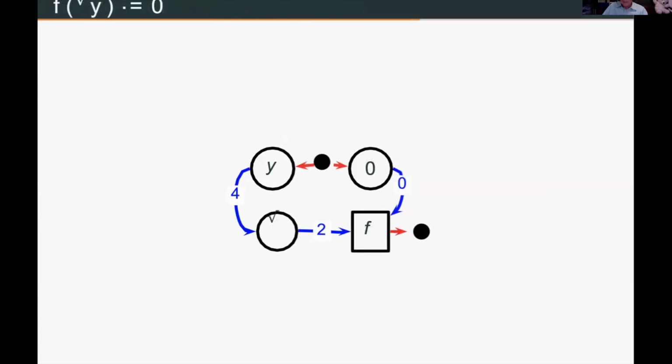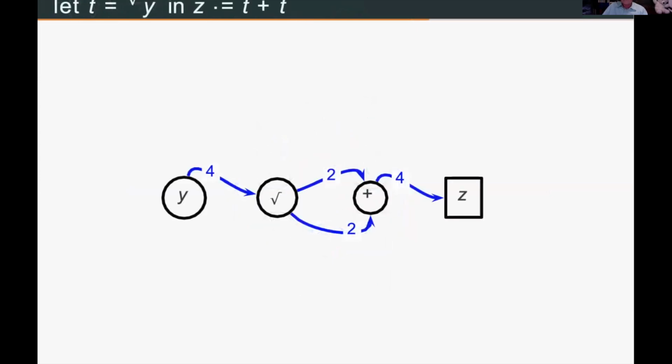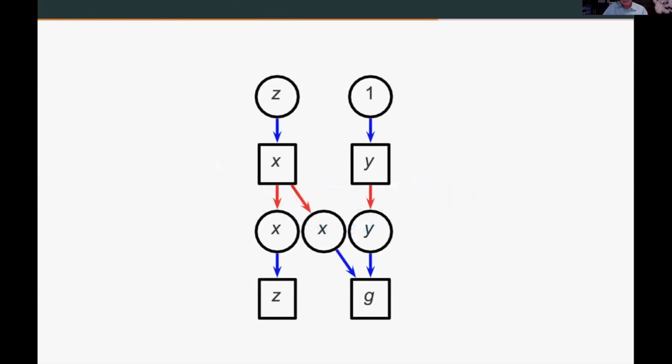All right, so this is what you would do in a programming language with the let statement. Let t be the square root of y, or some more complicated operation, and then use that temporary value t in more than one place, like z is t plus t. So the t here is a way of describing the channel that's carrying the value of the square root to two places, to the two inputs of the plus. So this covers the use of a let statement.